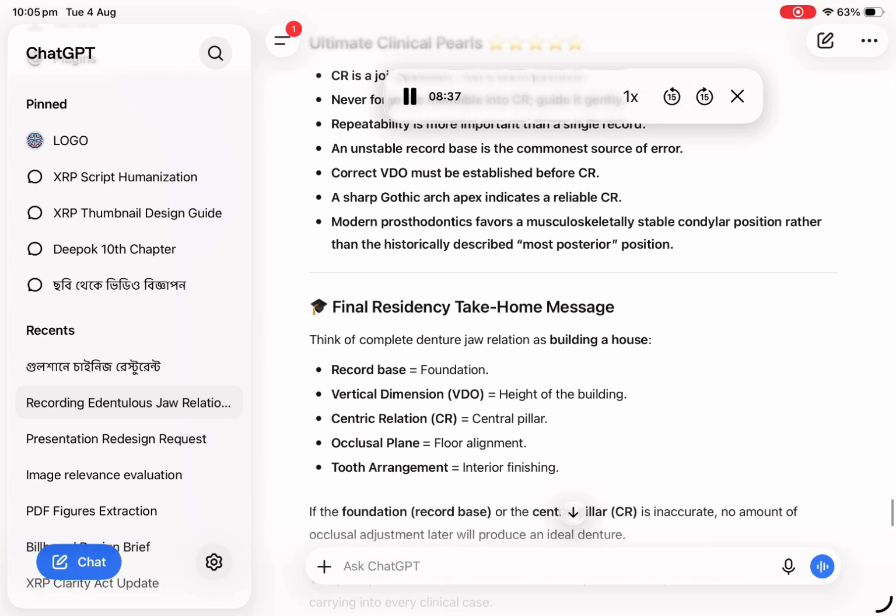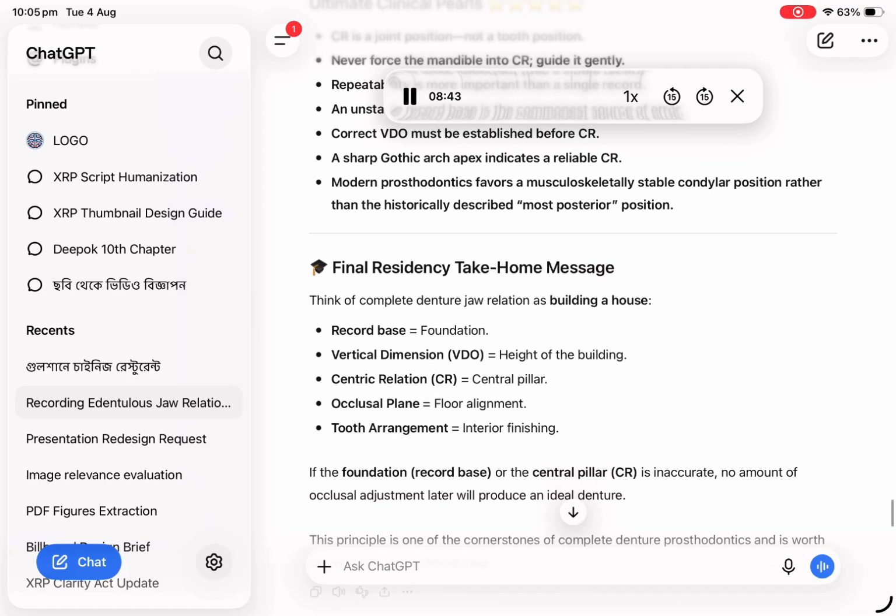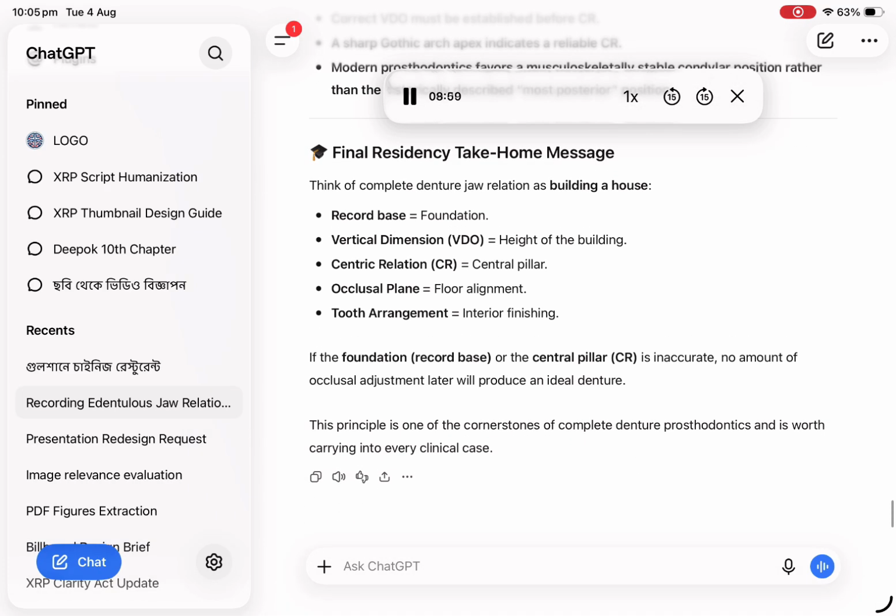Final residency take-home message. Think of complete denture jaw relation as building a house. Record base equals foundation. Vertical dimension, VDO, equals height of the building. Centric relation, CR, equals central pillar. Occlusal plane equals floor alignment. Tooth arrangement equals interior finishing. If the foundation, the record base, or the central pillar, CR, is inaccurate, no amount of occlusal adjustment later will produce an ideal denture. This principle is one of the cornerstones of complete denture prosthodontics and is worth carrying